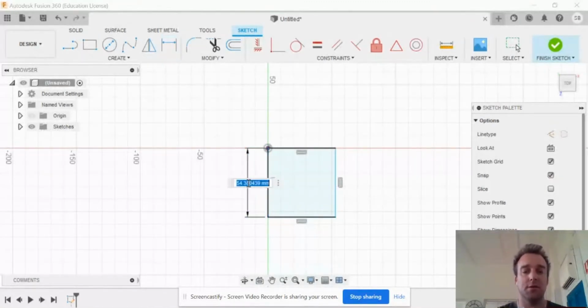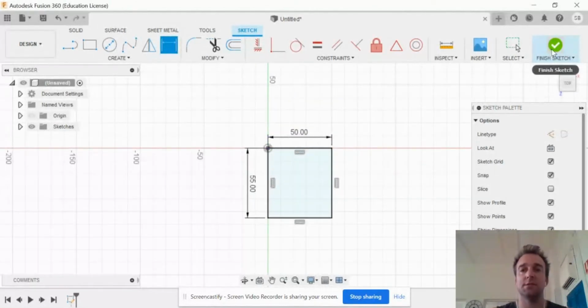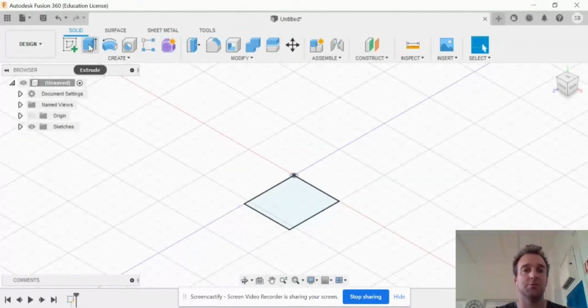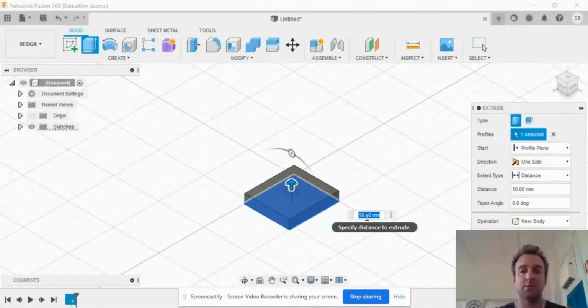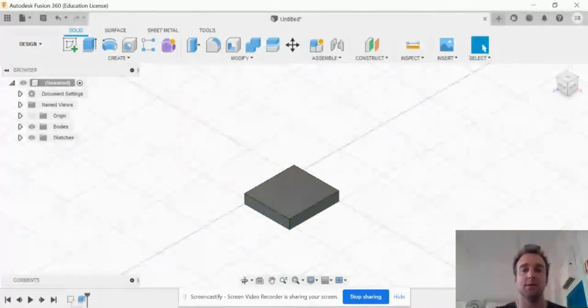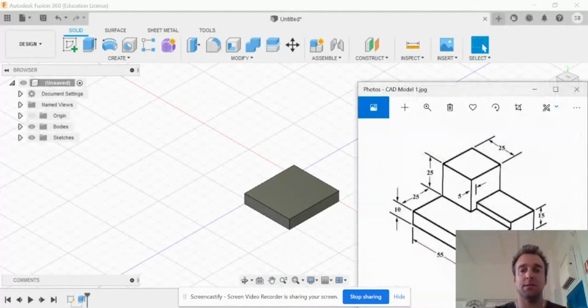make that 55. Enter, just click and drag out, and 50. We're happy with that. Finish sketch. Now you can extrude that up just by selecting it, dragging and pulling. You can see it automatically locks to 10, or you can actually type in the dimensions as well. Hit OK. So next step is we're going to draw this little 25 by 25 cube that goes in this